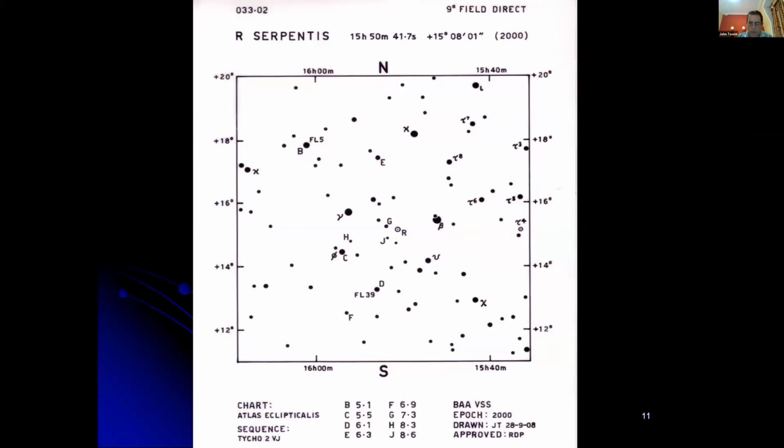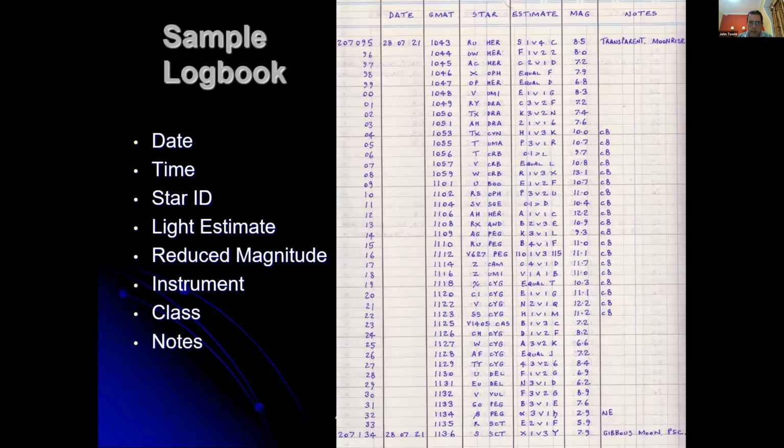If you were to estimate this to be 1/3 brighter than the 7.3 and 2/3 fainter than the 6.3, then it would be magnitude 7. So it's as simple as that. This is how you undertake the photometry directly using vision. So once you've done that, you just simply log the data.